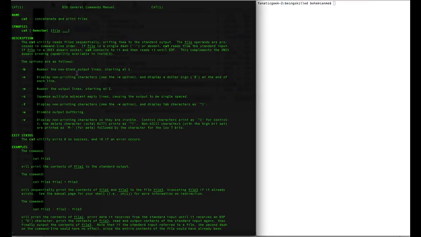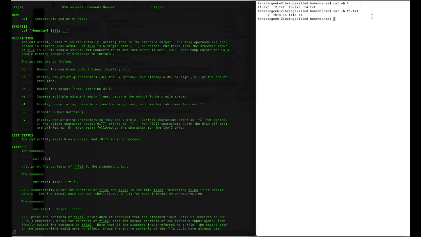So let's say if we have 5 lines, the lines will start with 1, 2, 3, 4, 5. So let's try it. As we can see, that file had only one line, and we can see 1 written in the beginning. If we do not include -b, then only the content will be output, not the line number.